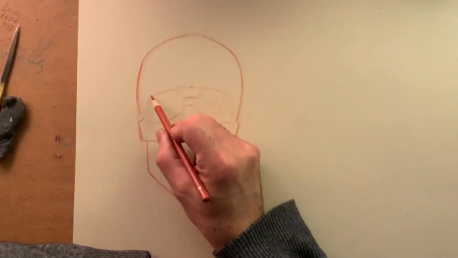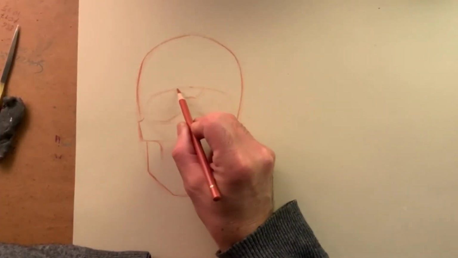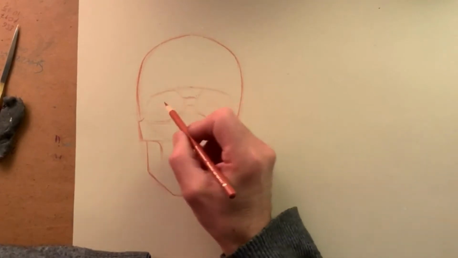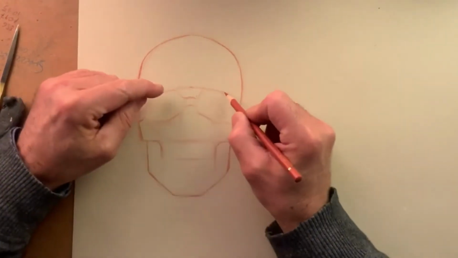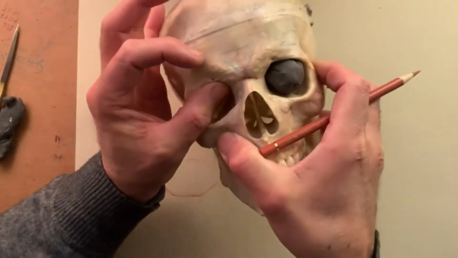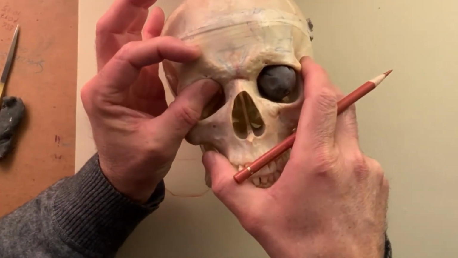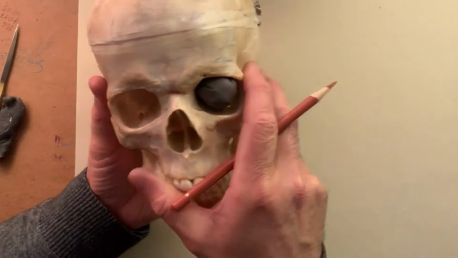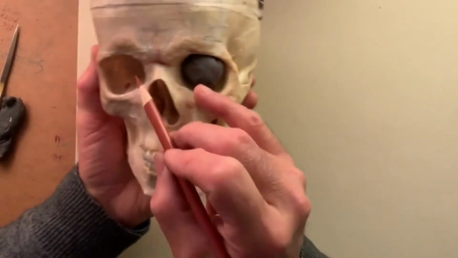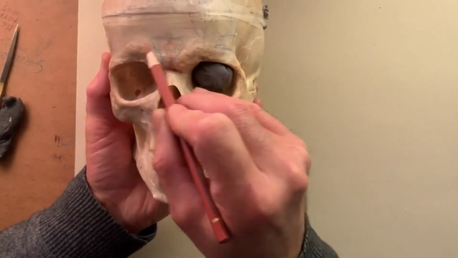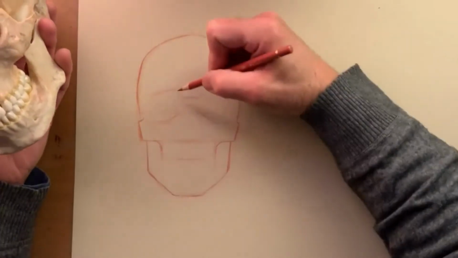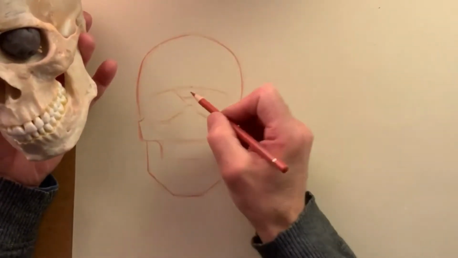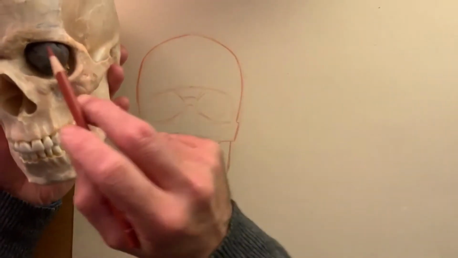I have the brow ridge like this. The brow ridge could also be a little bit, I mean, the brow ridge is not just a line, it is a thick area. See, that's a very thick area here, right? So I might fiddle with that and widen up this keystone in the middle of the forehead here, widen it up here, widen it up in here, and find now the